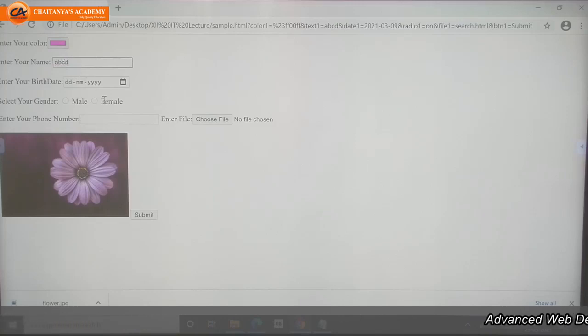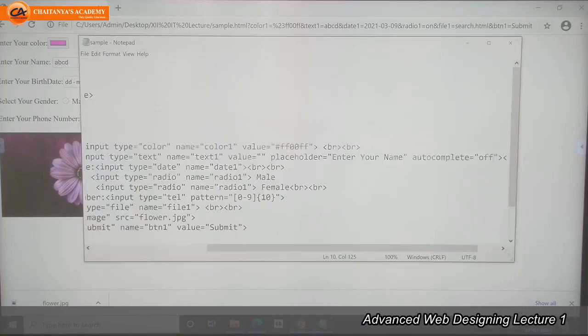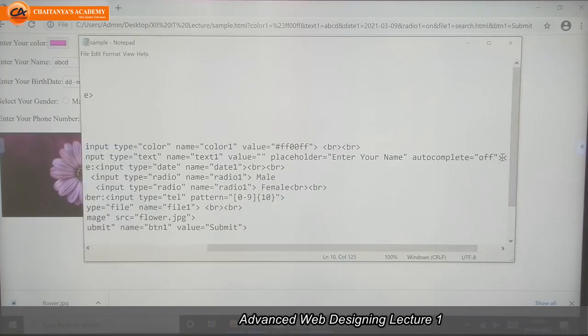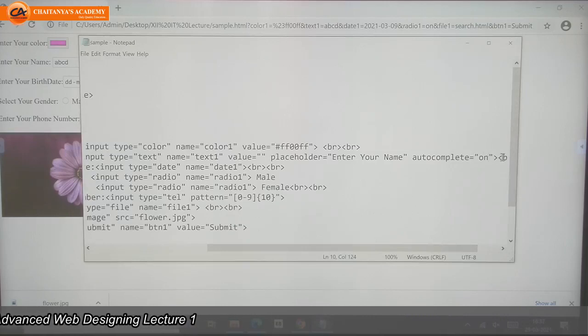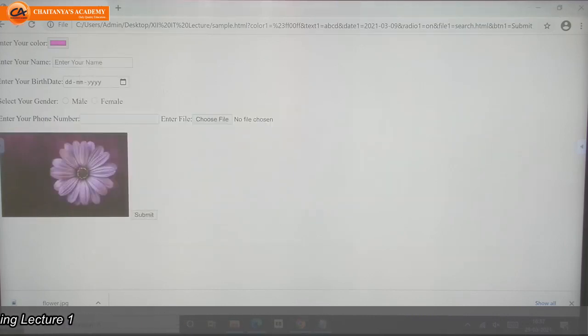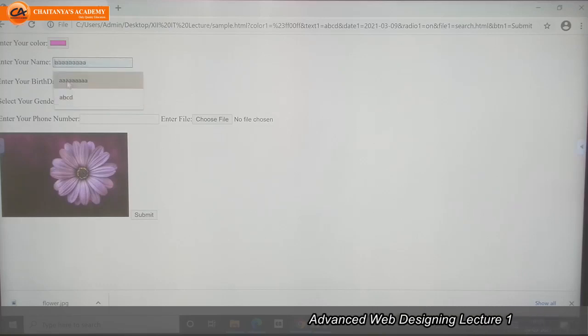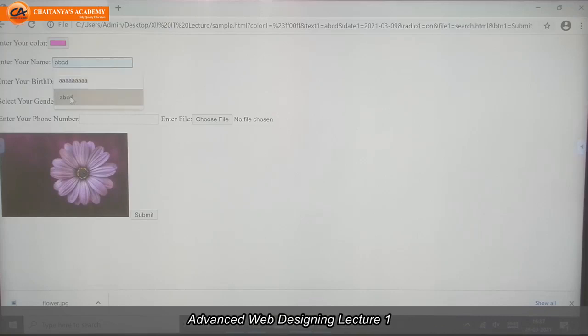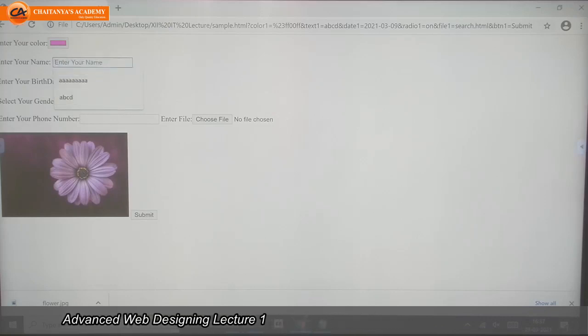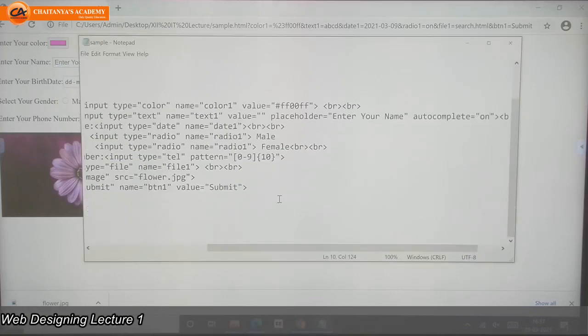Why? Because I made autocomplete off. If I made it autocomplete equal to on, then see, the auto suggestion box came. Whatever the previously entered values, they are displayed here. Like that.